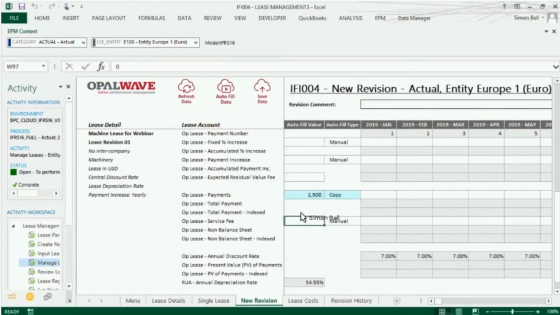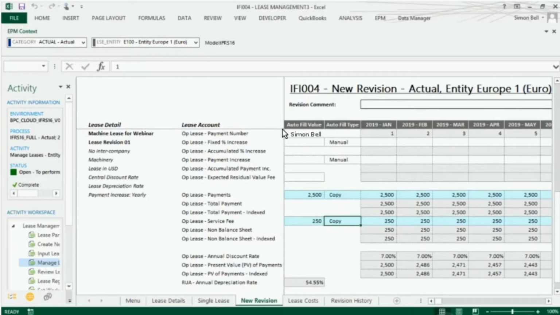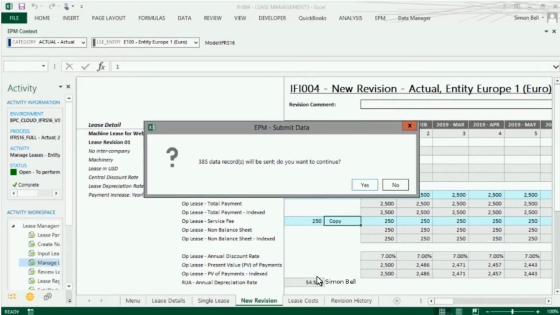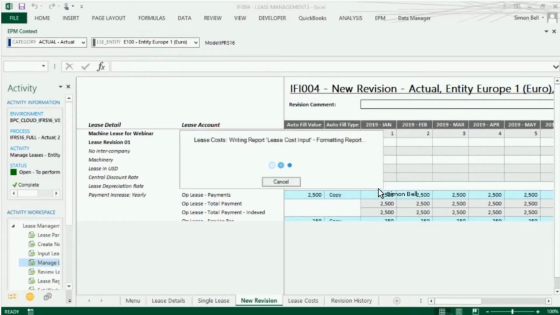We may end up with, say, a different service fee. Again, I'll just spread that across the months. We'll submit that data, and we'll save that data, and we get exactly the same process then to update any new initial costs, etc. In the next screen, which does those one-off amounts exactly the same as we had before,